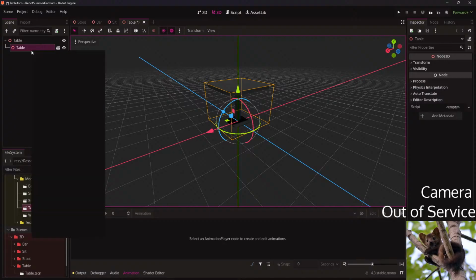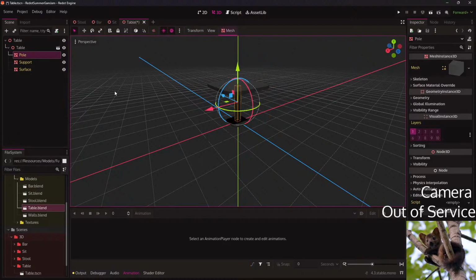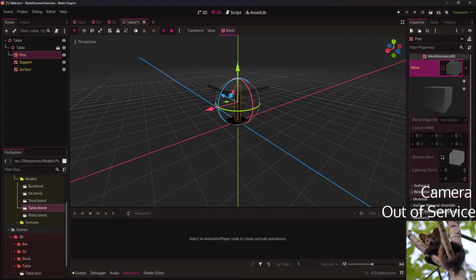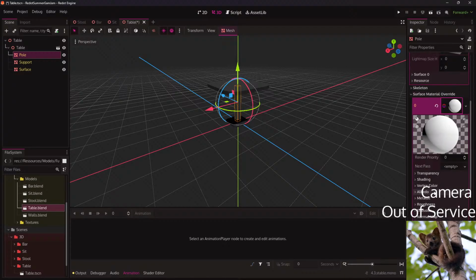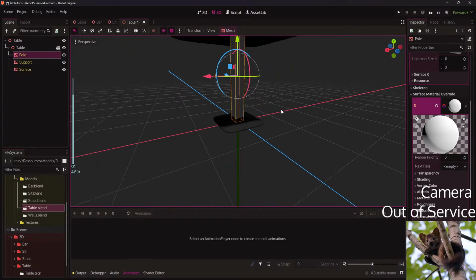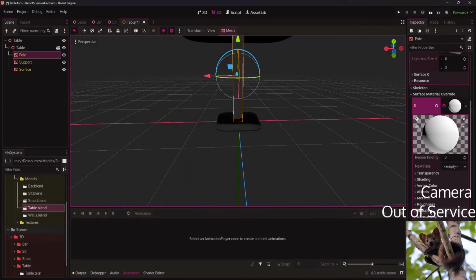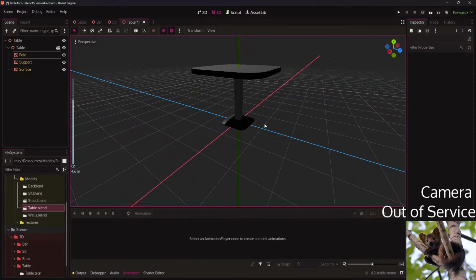I don't know how I can make this better. Is it applying? It's kind of unclear. Metallic. I think it is metal, so that makes sense. I don't know how this works.